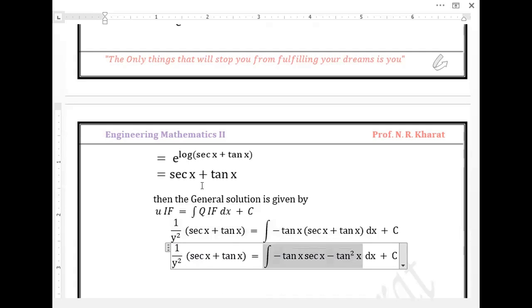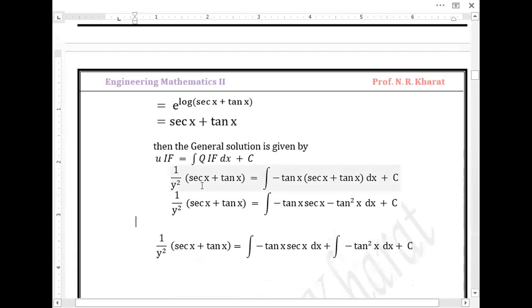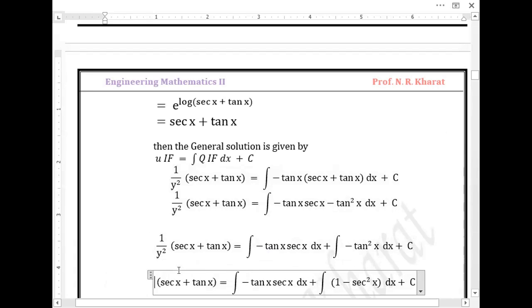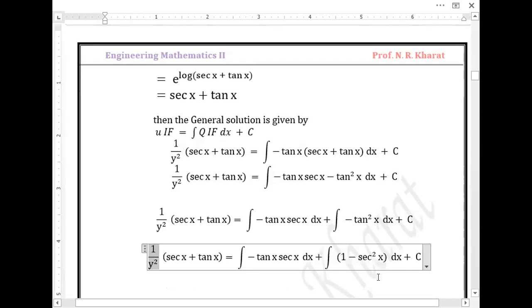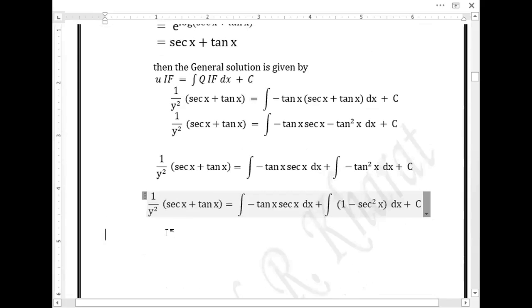And tan x becomes tan square x. So we are making the integration separately of these two terms. The first integration with respect to x of tan x into sec x, and second, tan square integration separately with minus sign. And we know that tan square value in terms of sec is sec square minus 1. Taking the integration of these